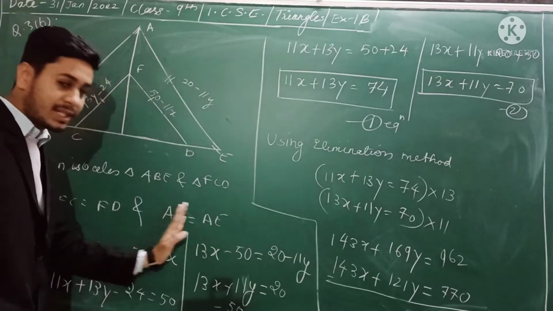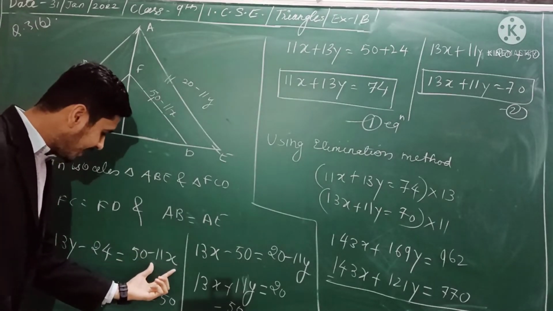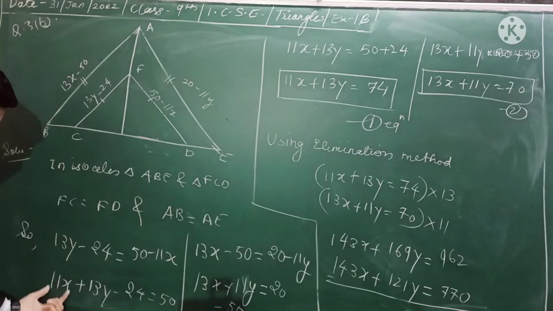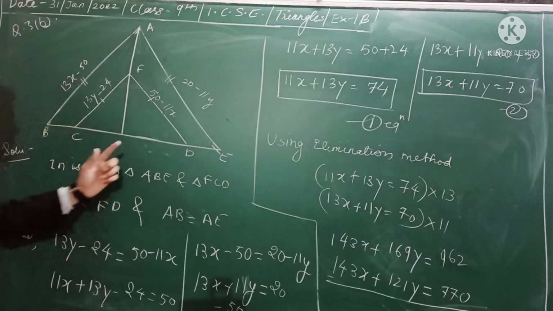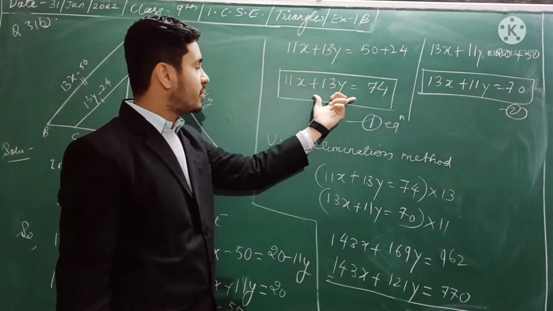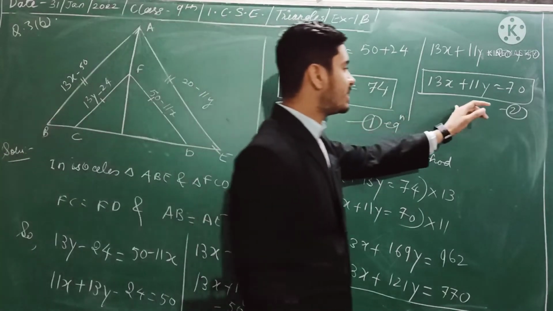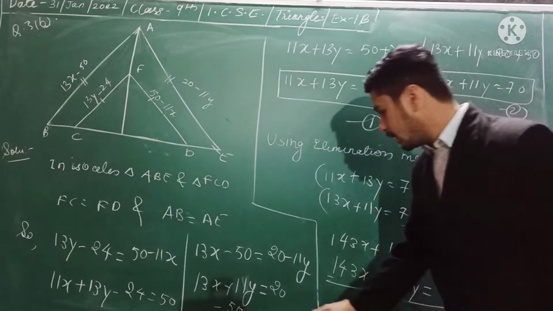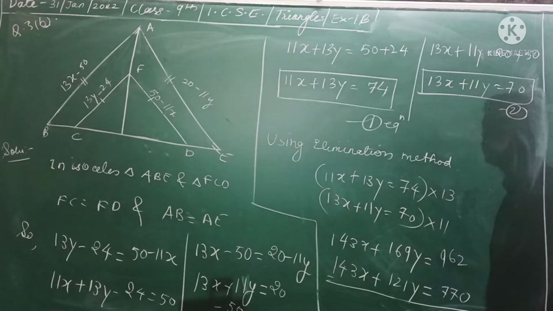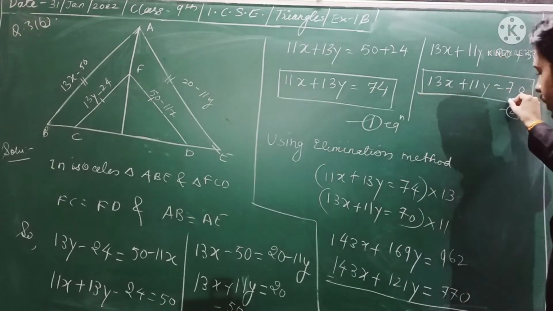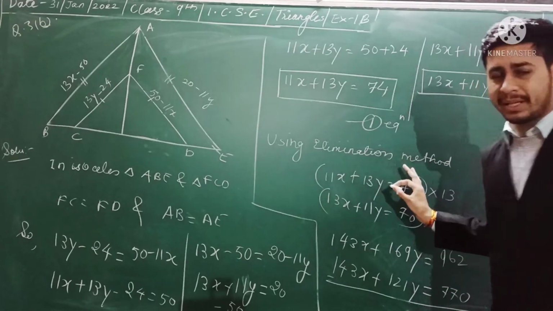We will be solving both sides in parallel. I am transposing minus 11x here, so it will be plus 11x plus 13y, and this minus 24 will be transposed to that side. So we get a final equation of 11x plus 13y is equal to 74. Similarly, you can do the calculation. We have done this calculation and arrangement already in the linear equations chapter. With these two equations, we know how to deal with them, by using the elimination method.